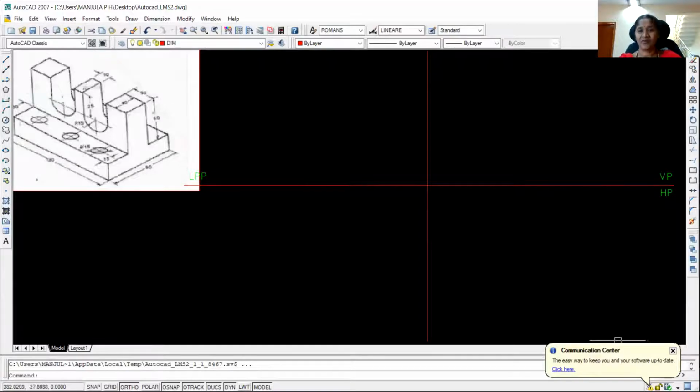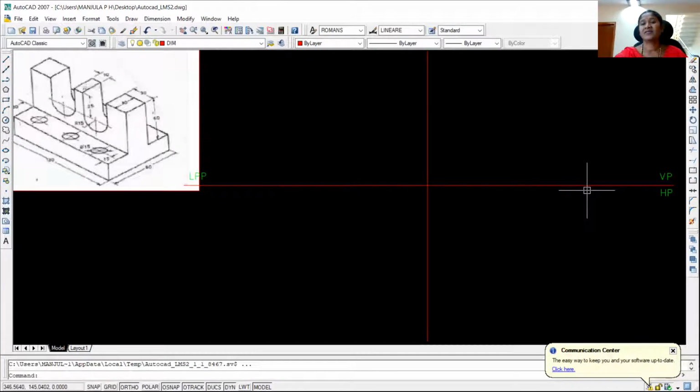Now, since we are following the first angle projection, as I said while drawing in the sketchbook, here also you draw two mutually perpendicular lines to represent the XY line and the X1 Y1 line. So this is our XY line. Draw another line perpendicular to it. This is our X1 Y1 line. Since we are looking from this direction, that will be the right side view of the given component. So the right side view has to be drawn in the left profile plane in the first angle projection. So this area will represent the left profile plane.